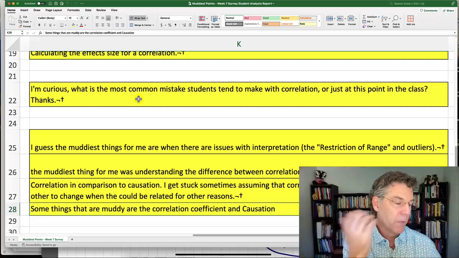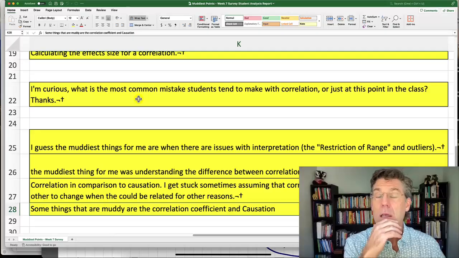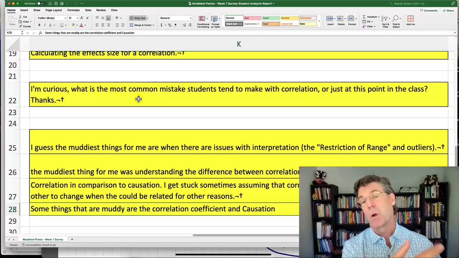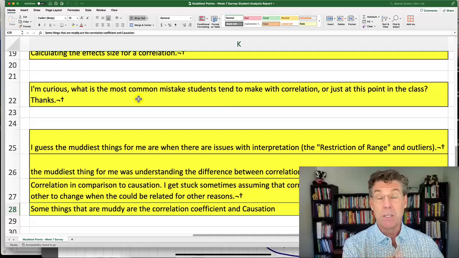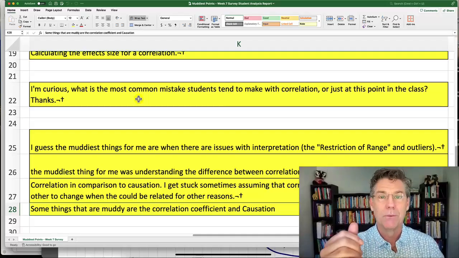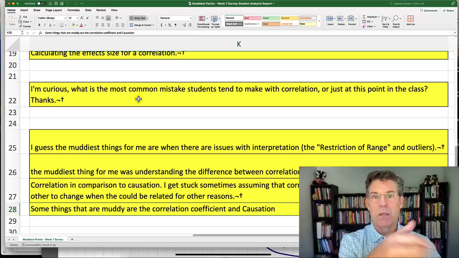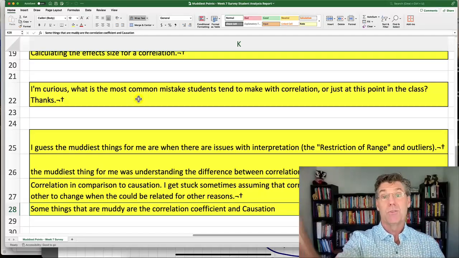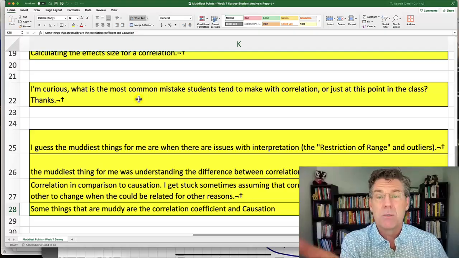For example, let's say I said there's a positive correlation between college GPA and study time: the less people study, the lower their GPA, and the more people study, the higher their GPA. Well, what most of you will likely do is go right to cause. If I asked what you should do to do better in college, the answer would be, you should study more. That's what the correlation shows you. That is a causal interpretation. You're saying that studying causes you to do better in school. That may not be the case, because we don't know yet.